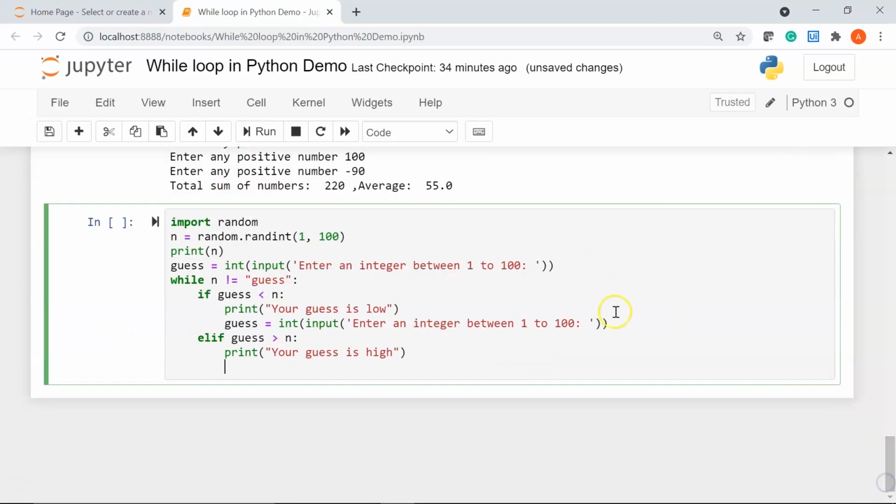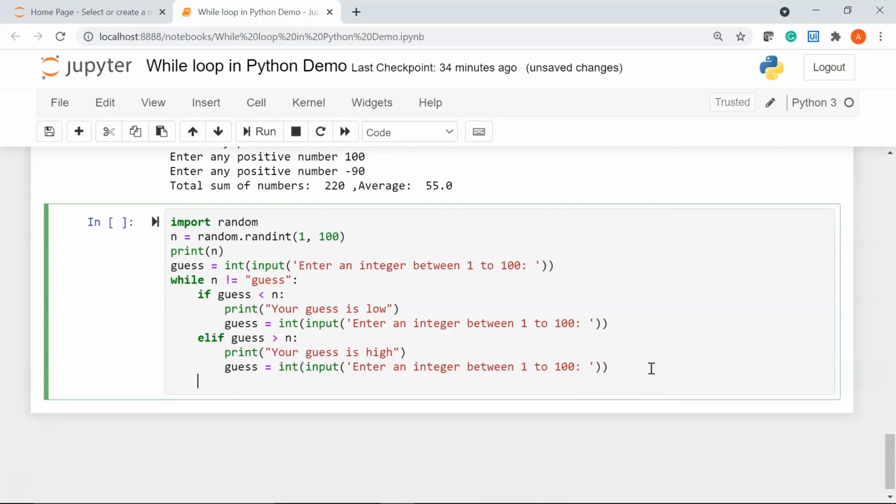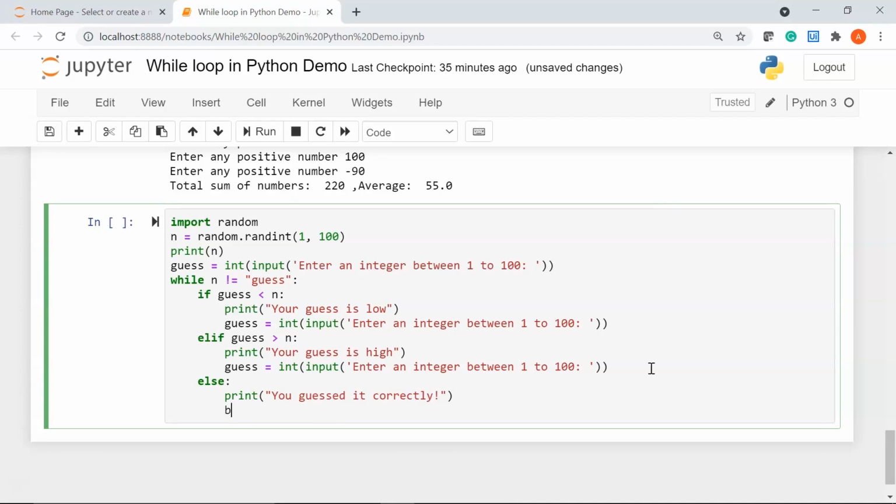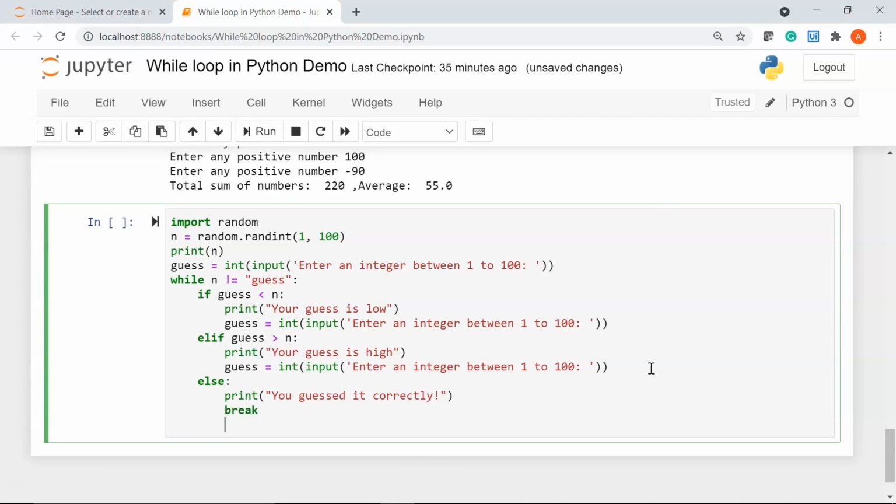Then we are again going to ask the user to guess a number between 1 to 100, and after that I'll say else, we'll print you guessed it correctly. Then we'll break out of the loop, and finally I'll just print it.